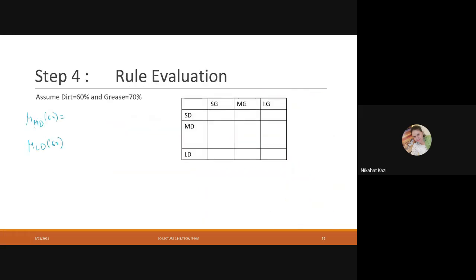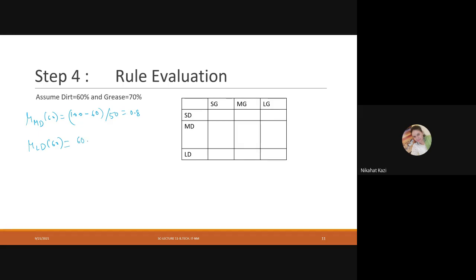So for mu dirt, it is 100 minus x. X in this case is 60. We have taken x from the user, and we have got that as a crisp value. So 100 minus 60 divided by 50. And what does that give you? It is 40 by 50, that is 0.8. Correct? Similarly, for large dirt, I will get the membership value as